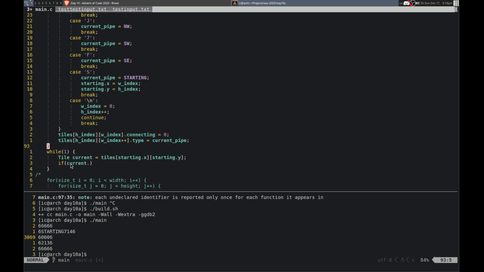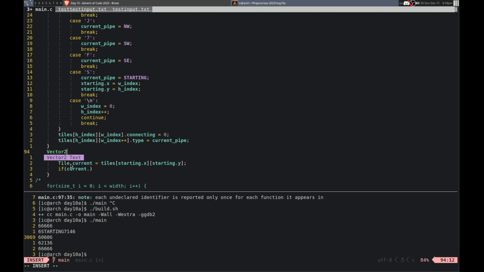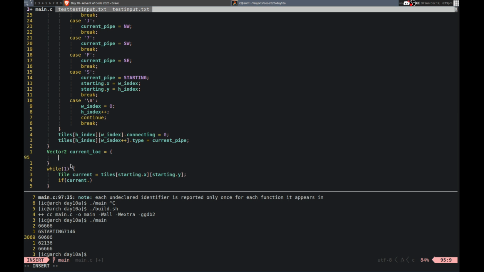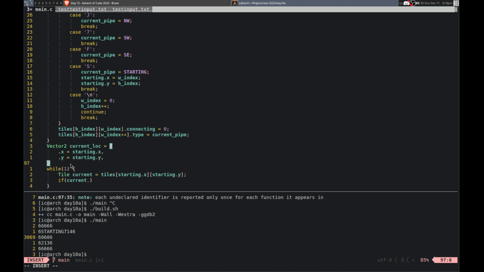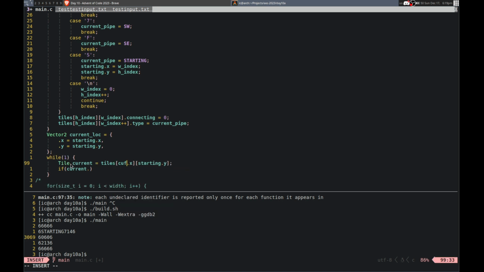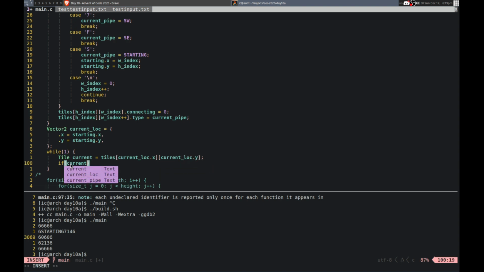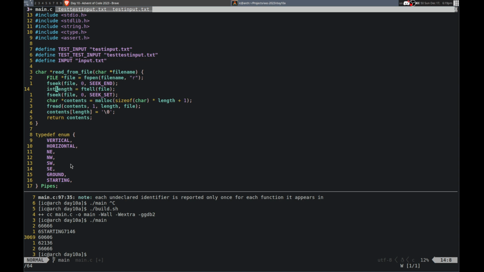Or we could just have a structure here. So this can just be current location, and it can be equal to starting dot x, and then starting dot y. And I can do it like that, or I can do this, and then just use current loc, and we'll start at that. And then current loc. No, so I want to use if current, no, I don't want if, shoot. Okay, if